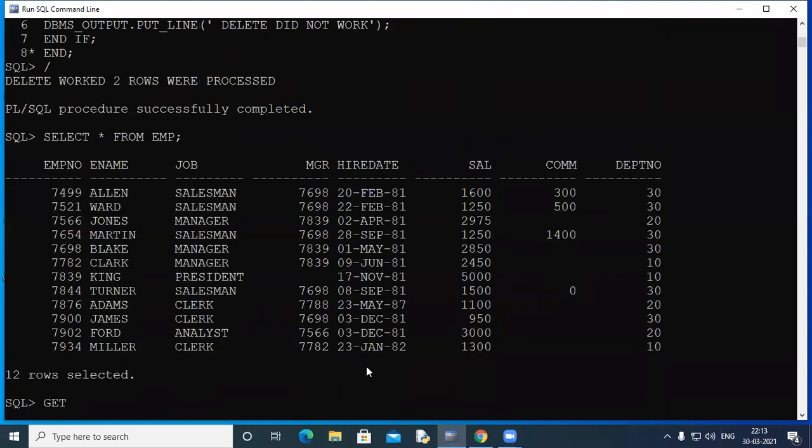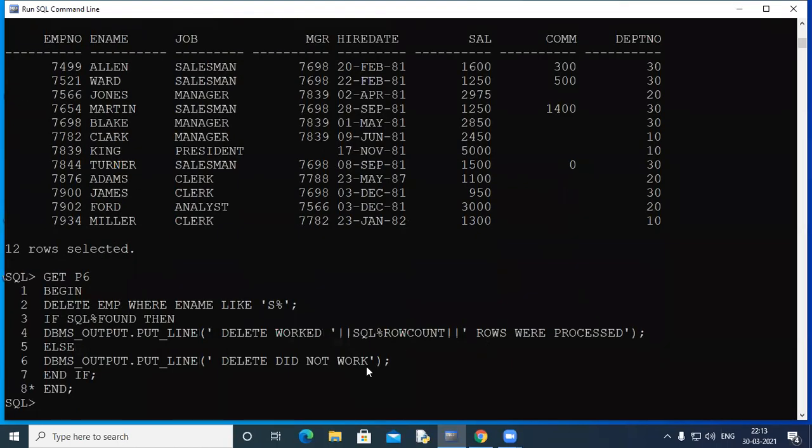If I again run this, what would be the output now? Who's going to answer this? Yes, Simran? Sir, actually, I raised my hand for asking some doubt, not to answer. Okay, go ahead. Sir, can we roll back up to some extent only? That we'll discuss when we are discussing some specific topics that will come later. That is, we can roll back to some save point. Okay, I'll show it to you here. First, let's finish this topic and then I'll show it to you today itself. I'll come back to your query, Simran.